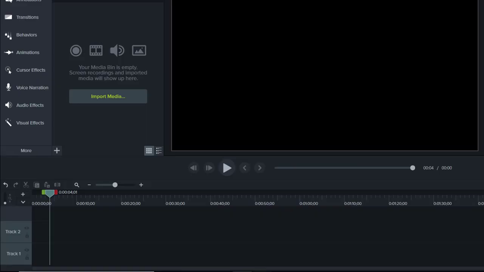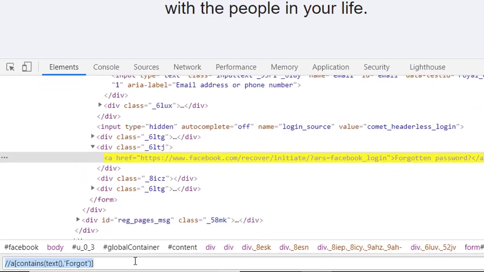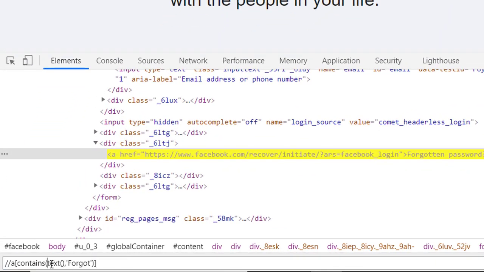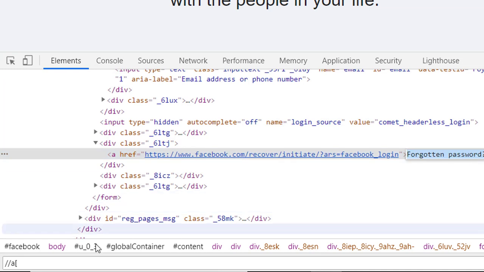Then let us move to our second method, which is text. As we have also considered this text in here, it is simply saying that text equals forgot. Let me remove this contains from here, and then give the anchor tag, then locate this forgot password.